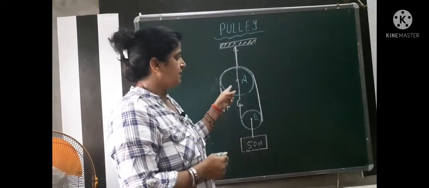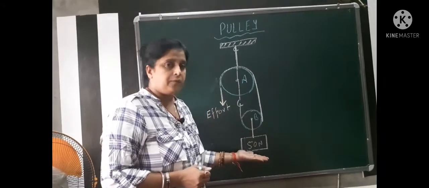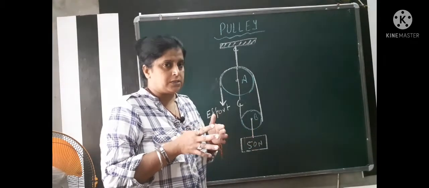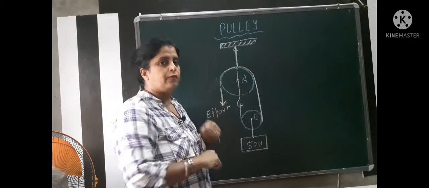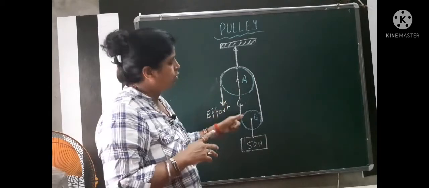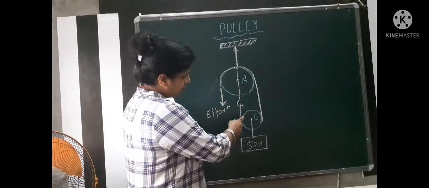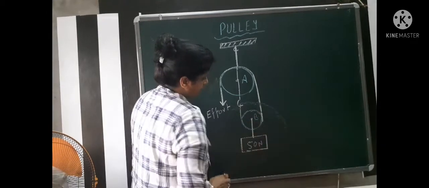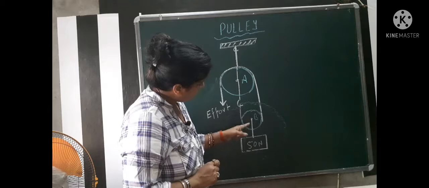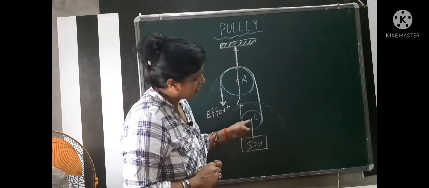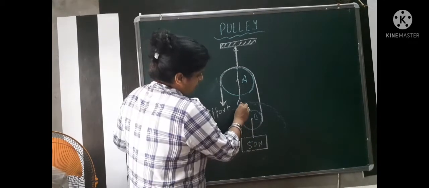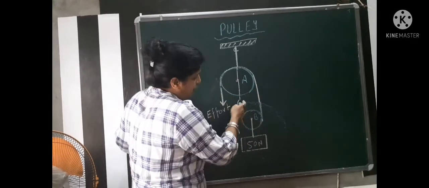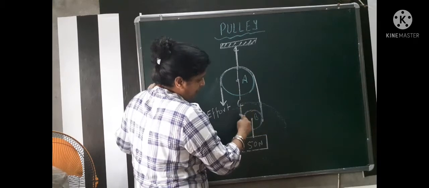See, in the first case there was a single pulley, and to lift 50 Newton weight we need to apply 50 Newton effort, force. But it is easy because we have to pull downward. But now if there is a setup of two pulleys A and B, then see the setup. Now you focus at this point, what is going on here. This is pulley B and the load is hanged here with the help of pulley B. So you focus on these two cables, which is a single cable in two parts, the left part and right part, around the pulley.